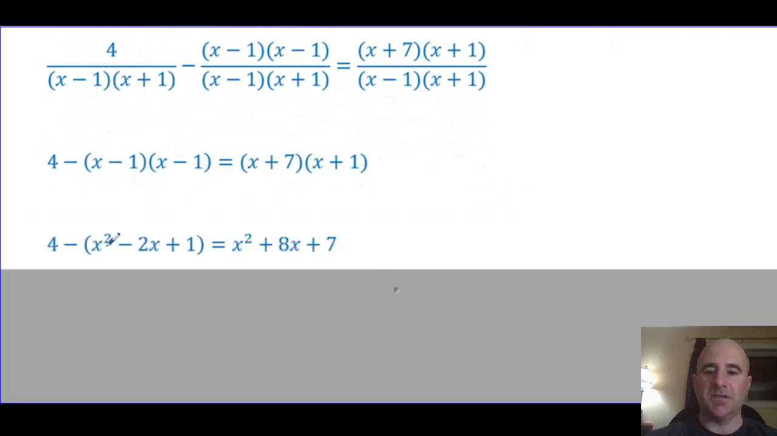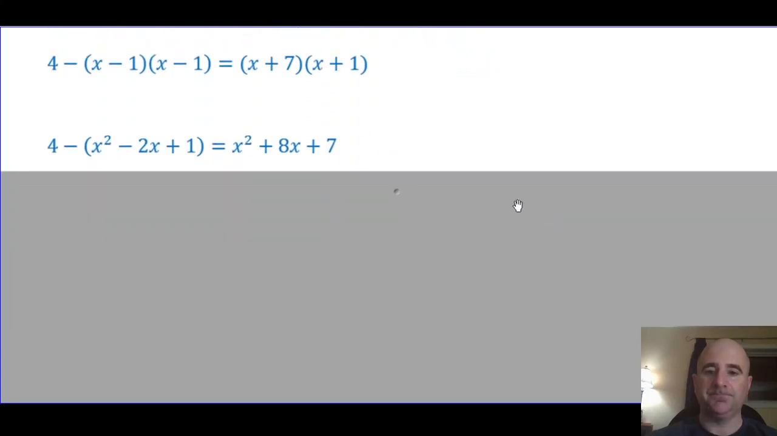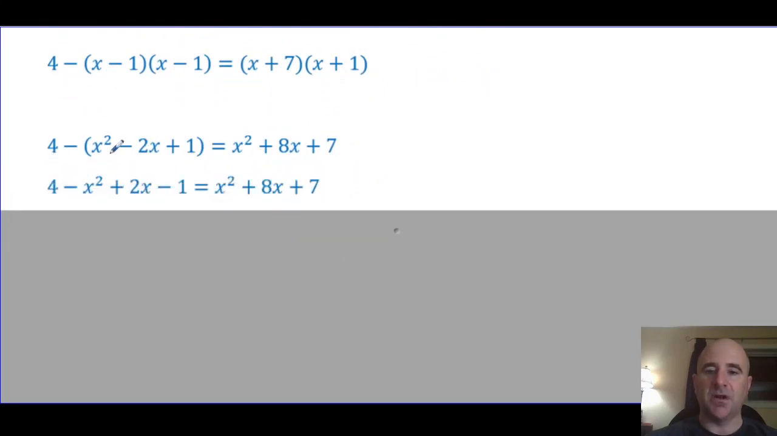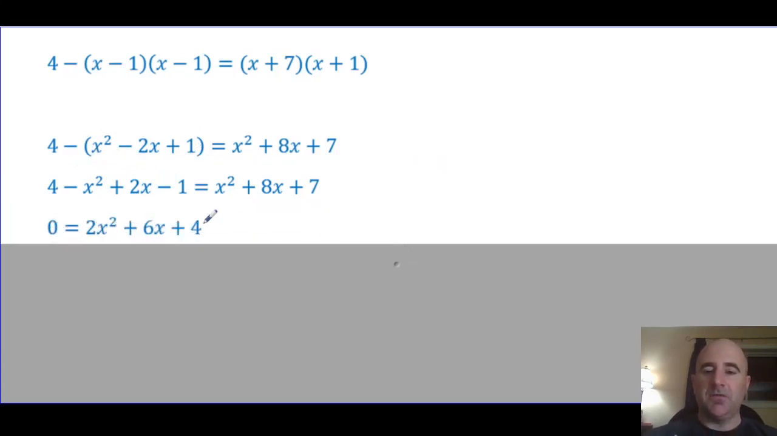Okay, x minus 1 times x minus 1, x squared minus 2x plus 1, and then I use FOIL here as well to get x squared plus 8x plus 7. And then I'm going to expand the negative, so I get negative x squared, think about multiplying by negative 1 here, plus 2x minus 1. Okay, be careful with that, that's where a lot of students go wrong. They'll write negative x squared minus 2x plus 1 and forget that the negative sign distributes over the addition and subtraction there. And then if I bring everything to the right side, I get 2x squared plus 6x plus 4